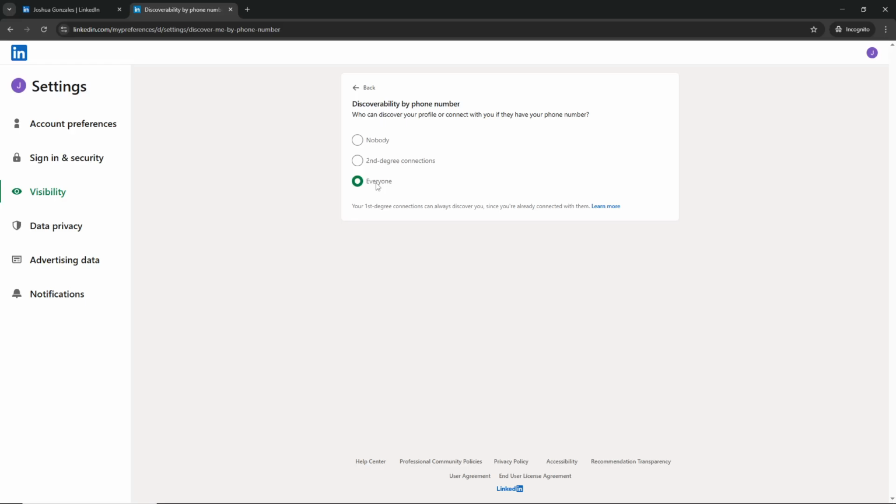And that's it. Your LinkedIn profile should now be fully visible to others, making it easier for people to find you, connect with you, and see your